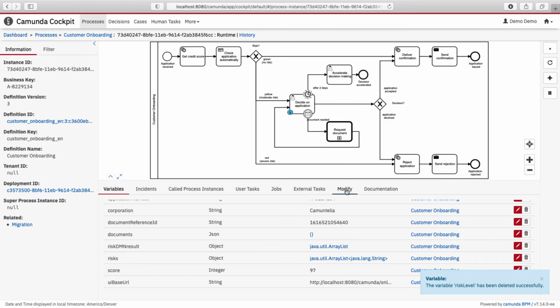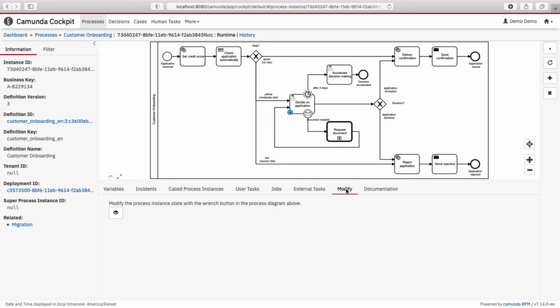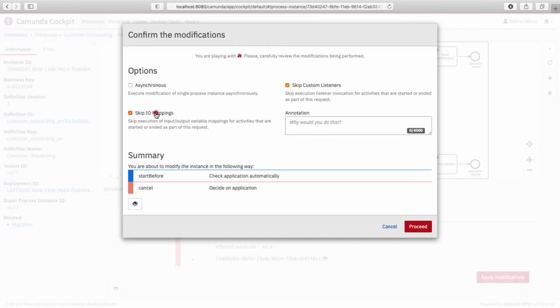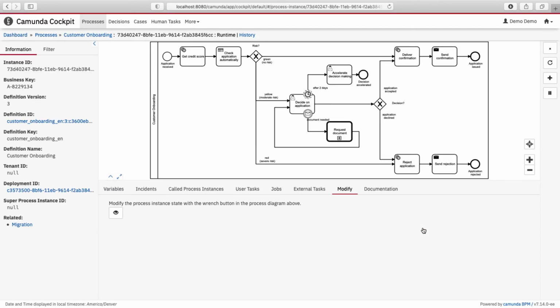With that, I'm able now to bring the process back on track, and I do this by using the process instance modification feature, which allows me to simply drag and drop a process instance from one activity to another activity in the process diagram. When I apply this modification, then I can see that the process automatically went to the